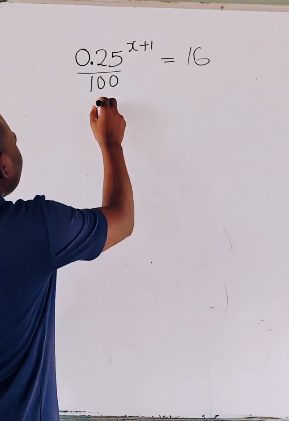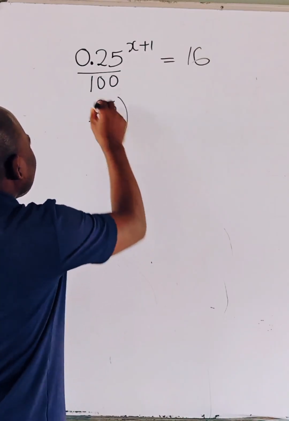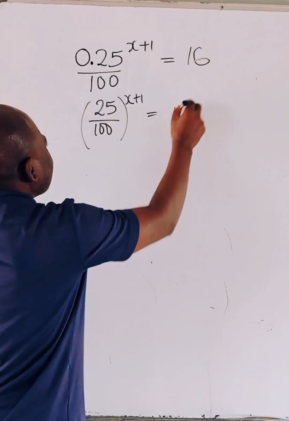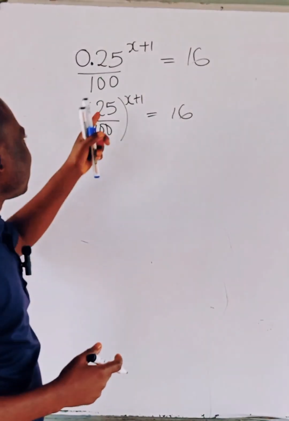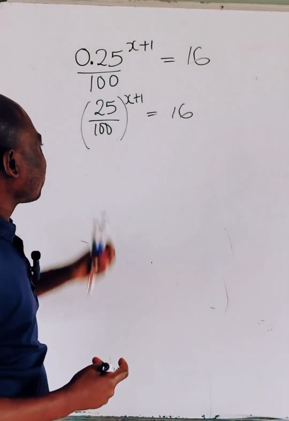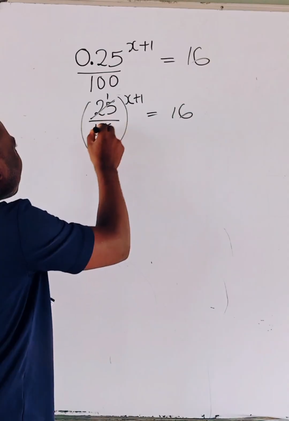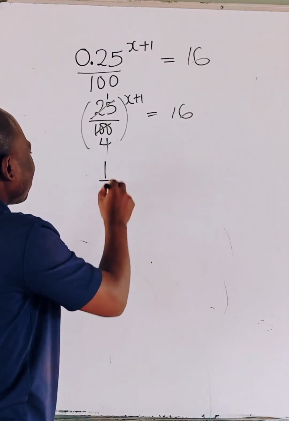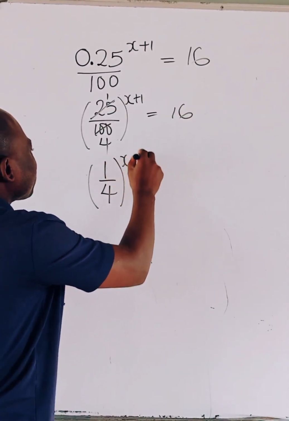So this number becomes 25 all over 100, in bracket, raised to the power of x plus 1 equal to 16. Then we reduce this one to the lowest term. 25 can divide 25 and also divide 100. So we do that. 25 here is 1, 25 into this place is 4. So what we have is 1 all over 4, in bracket, raised to the power of x plus 1